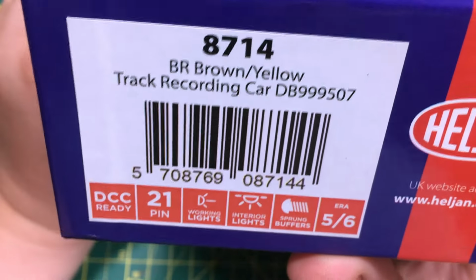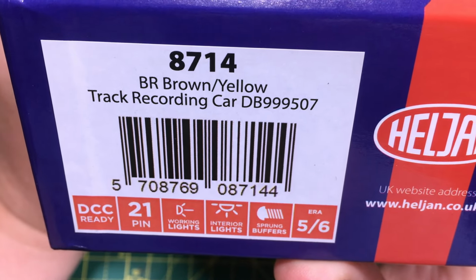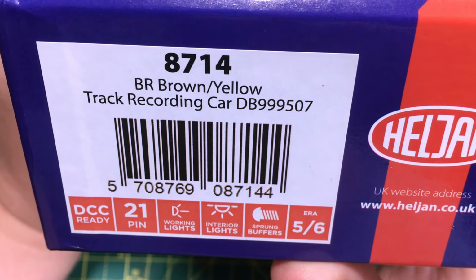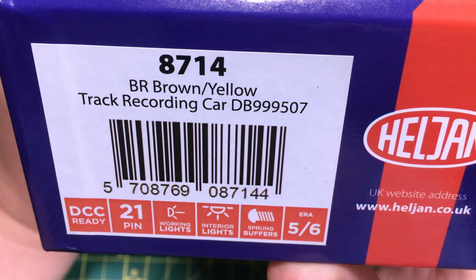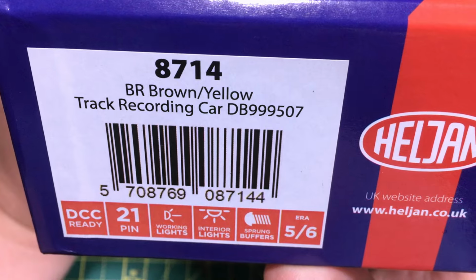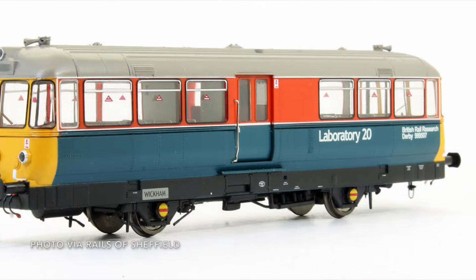Now, I'd like to thank Heljan for very kindly sending over this example for review, and we've got catalogue number 8714 in the rather interesting BR brown and yellow as the track recording car DB 999507, and this is one of 2 interesting liveries that Heljan are releasing from this batch, the other being the